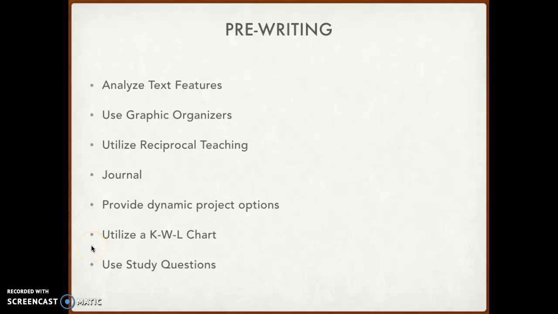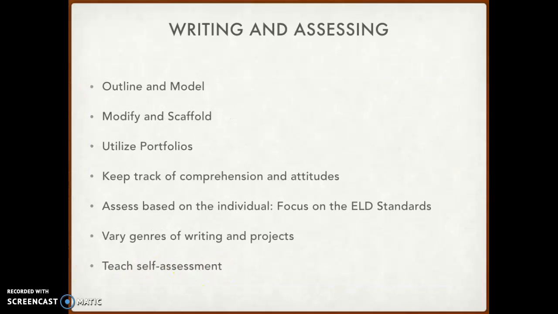Utilize a KWL chart. So we want students to go in using their background knowledge, ask questions of the text, and then write what they learned. And then use study questions so they fully understand the reading as they're going into writing. Writing and assessing, the final stages. So outlining and modeling. The instructor needs to be modeling, especially if the students are unfamiliar with the genre or